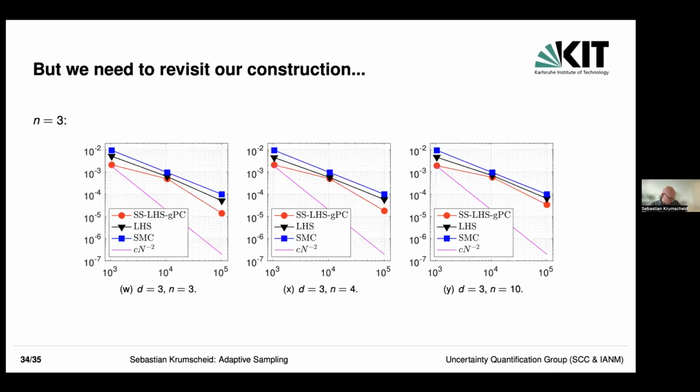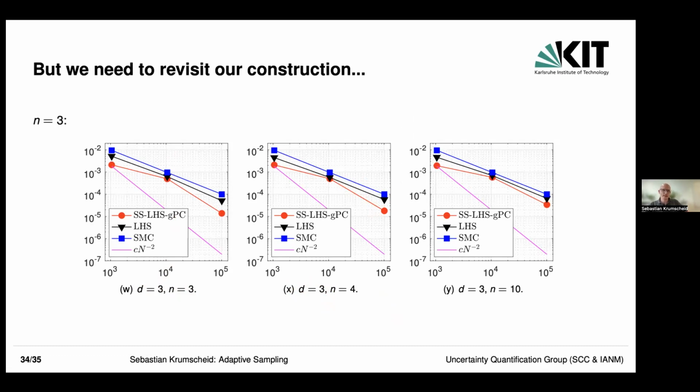But there's still a lot of work that needs to be done. For example, if you're going to a discontinuity living in a 3-dimensional space, sure, we're not doing worse than Latin Hypercube sampling or standard Monte Carlo, but we don't really see the benefit as before. So that's still open. I decided to share this not so exciting result with you because I think that's what one should do.